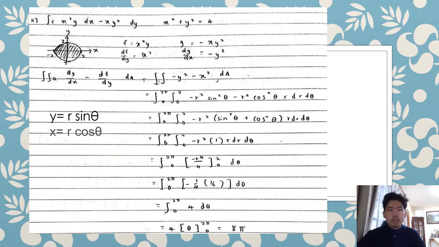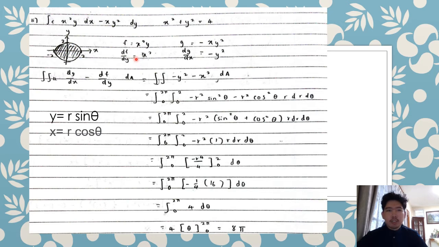So I'm here to explain the second question. I will show you how to solve the question using Green's theorem. Based on this question, we need to know the f and g. We identified that x squared y is the f and minus x y squared is the g,